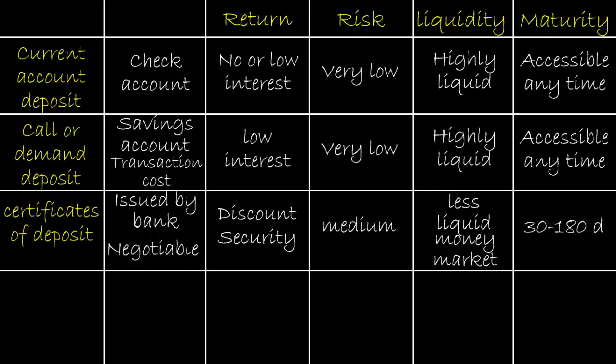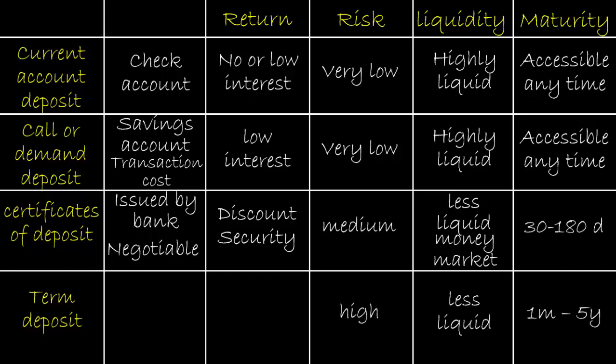The last type of deposit is called term deposit, which means any household will go and put a deposit for a certain period of time in a bank. Therefore, the maturity is longer, which means it's from 1 month to 5 years. Therefore, the liquidity is less liquid compared to the previous three types. Therefore, the level of risk is relatively higher. Therefore, the return, because it has less liquidity, higher maturity, and higher risk, will be higher. Therefore, we expect that we will receive a higher periodic interest. And when we talk about periodic, it means that we might get the interest every month, every quarter, every semi-annual